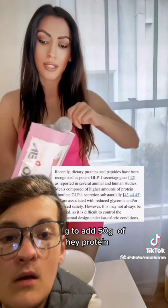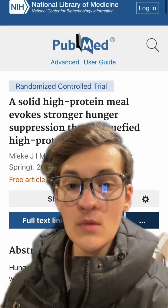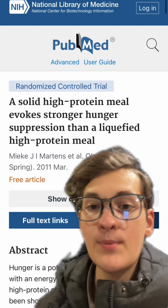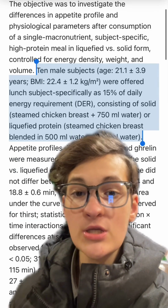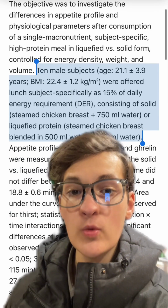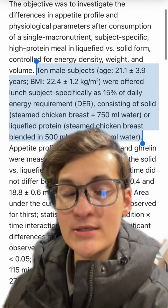The next ingredient you need to naturally release your GLP-1 for weight loss is protein. We're going to add 50 grams of lean whey protein. Protein does potently increase GLP-1, but this study looked into a solid high-protein meal versus a liquefied high-protein meal. And unfortunately for these subjects, they were either consuming chicken breast with water or a shake containing chicken breast and